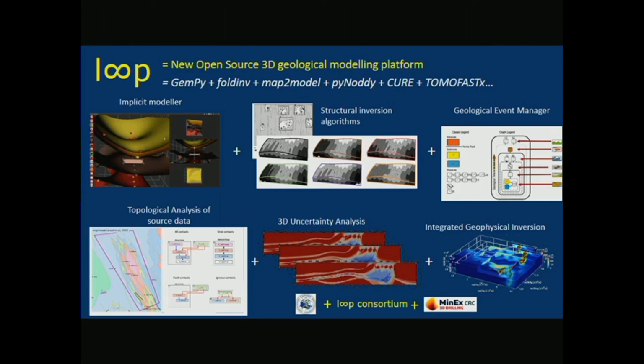So, of course, we've got the solution, which is to start again, and that's what we're going to be doing now with the Loop Consortium led by Laurent Ailleres out of Monash. We've got funding from MinEx CRC that's going to feed into that, and the Geological Survey of Canada is also funding some postdocs. So we're up to about 6 postdocs that are going to be working on this, using a lot of the work that I've already shown you in one way or another. There's a lot of what I would call prototype codes that work, but you wouldn't want to give them to anybody. So these are now going to have to be incorporated into a single system. It's a large consortium that's going to be working on that.